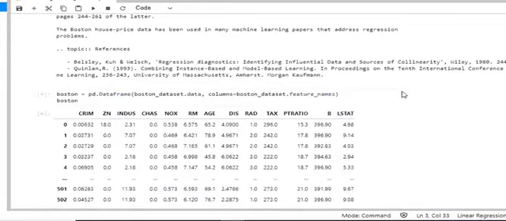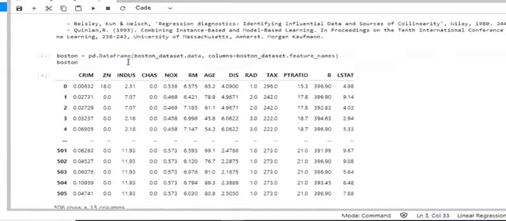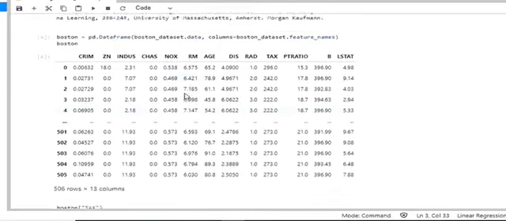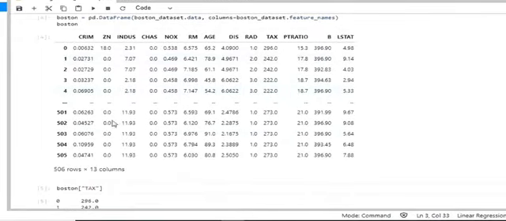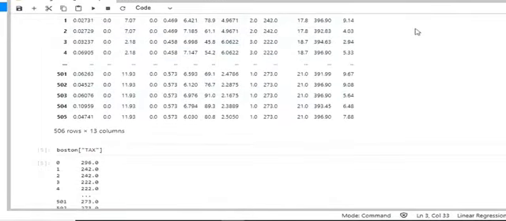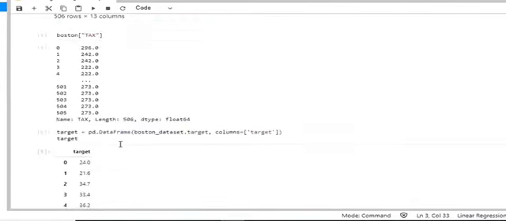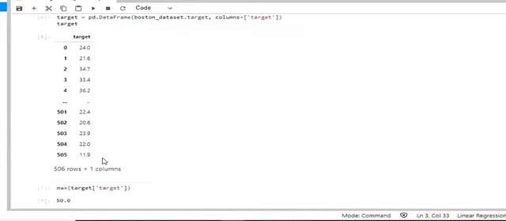We are printing the data sets by using the features as columns using the function DataFrame. In this there are 506 rows and 13 columns. The function Boston.data is used to display a single column. Now we will assign the target, which is the price which we are here to predict.